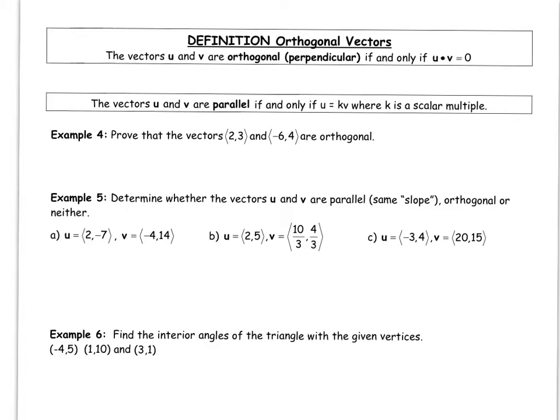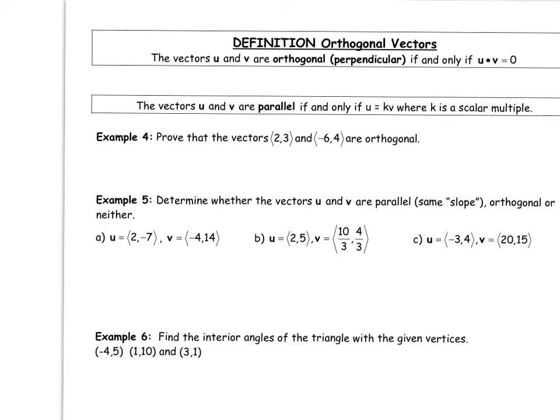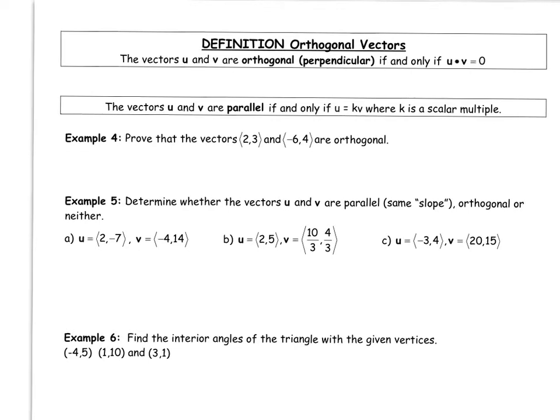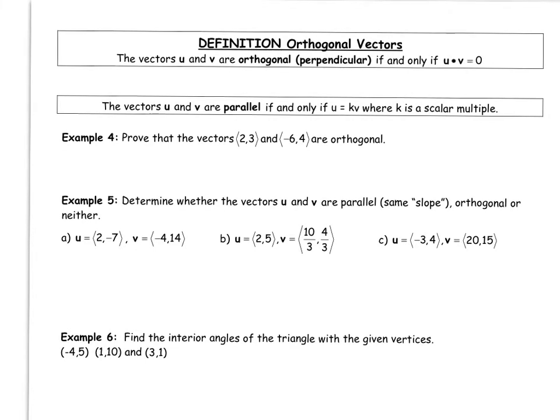Well, they're parallel if and only if u equals k times v, where k is a scalar multiple. So what that really means is that they're parallel if you're just multiplying one of the vectors by a number, so it makes it 3 times smaller, 3 times bigger, just some kind of one vector is a multiple